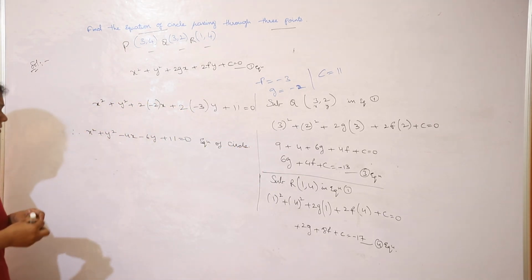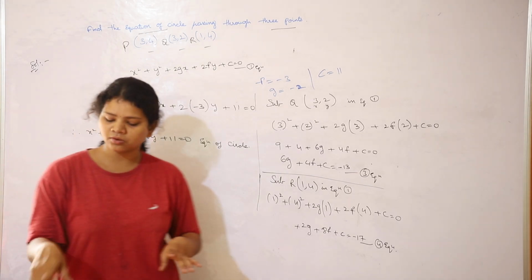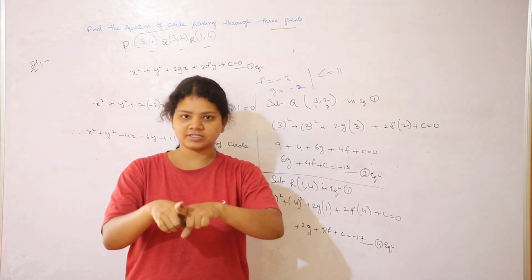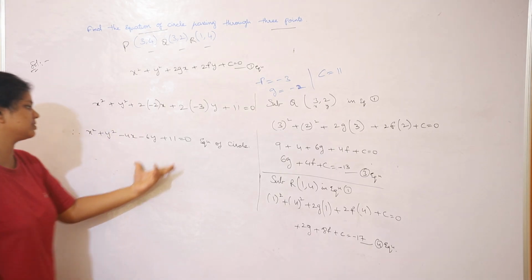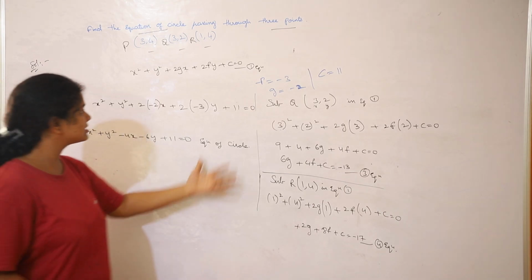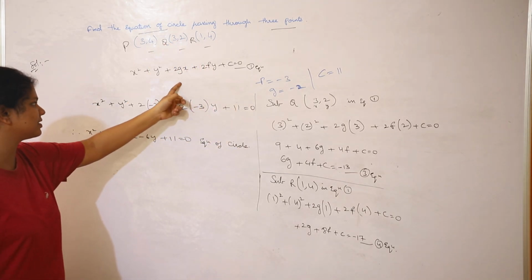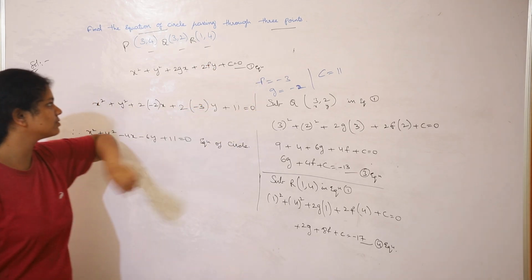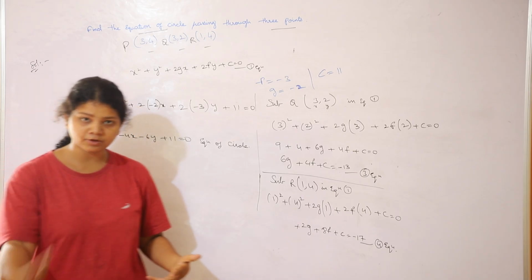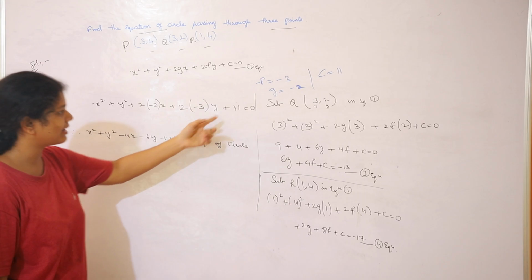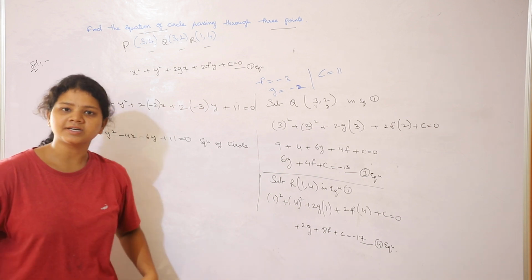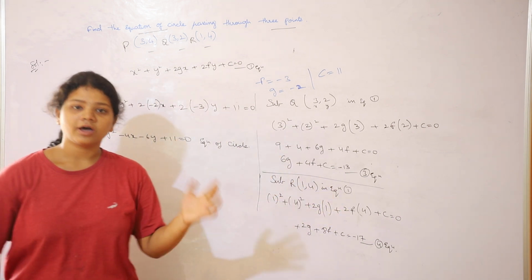When you're giving your board exams, just write down this "therefore," mark it with a box and highlight it: therefore, this is the equation. Clear? What we did is just substitute these values in the given general equation. Find the g, f, and c values by using all these equations, by the elimination process. Then substitute these values of g, f, and c in the general equation to find the equation of the circle according to the given question. Clear?